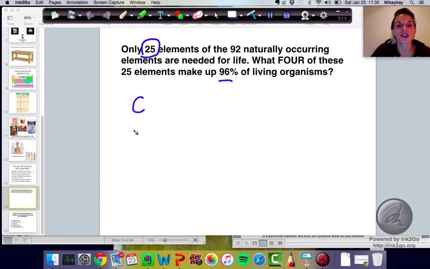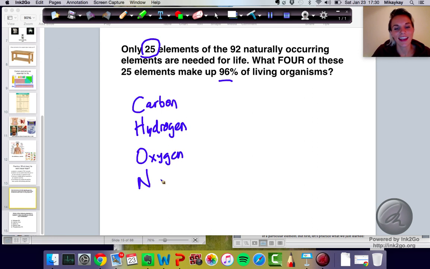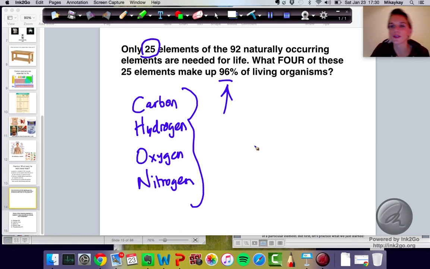So you'll remember CHON, which stands for carbon, hydrogen, oxygen, and nitrogen, right? So these are the 4 elements that are absolutely essential for life, that make up most of you, me, the animals around you, the trees, the other plants, the bacteria, the fungi, and any other organism that I'm forgetting. Okay, so CHON, don't forget it.